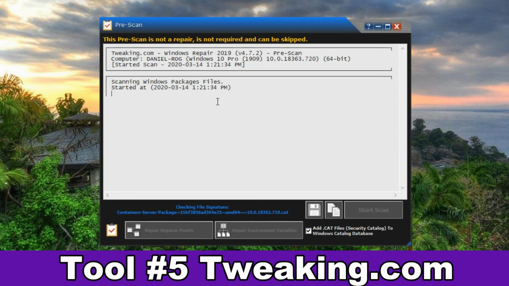for either one, and you'll have to read the writing in here, and it may be a bit to read, but if you scroll down to the bottom part of each section, you should be able to see where it tells you that the parse points completed successfully and found no errors, or errors were found and need repair, and the same with the environmental variables, if that needs repairs or not. So whichever one shows that it needs repairs, you would just click on that appropriate link below and then run the scan and repair from in there.